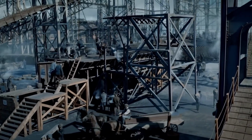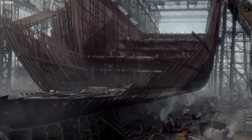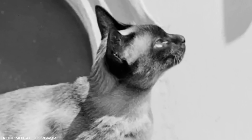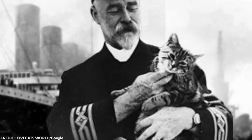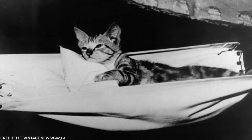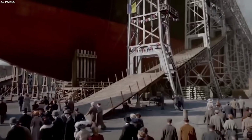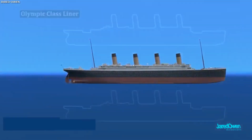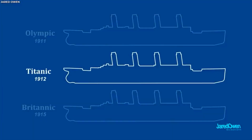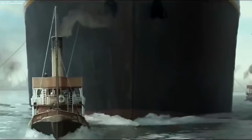The Titanic's immense size was one of its defining features. Measuring 882 feet and 9 inches in length, with a maximum breadth of 92 feet and 6 inches, the ship was a giant of its time. Its total height, from the base of the keel to the top of the bridge, reached an impressive 104 feet. While these numbers might not entirely capture the scale of the Titanic, they underscore the ambition and grandeur that defined this engineering masterpiece. These images should help you picture the unrivaled beauty and imposing size that made the Titanic worth